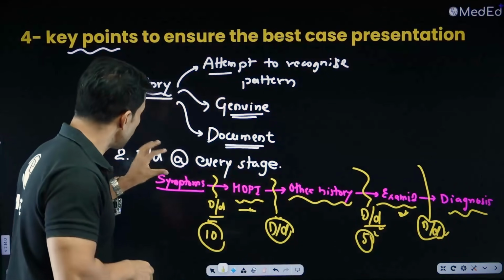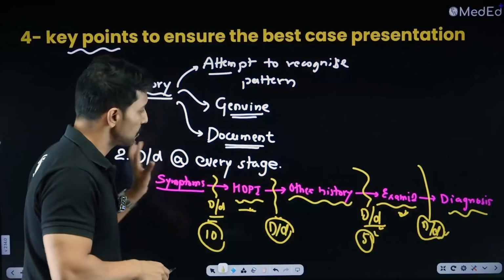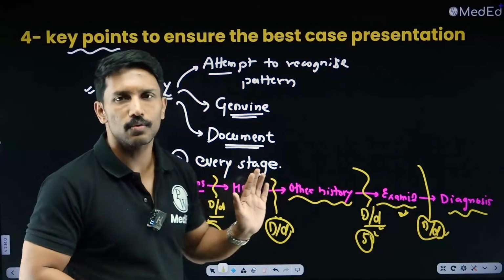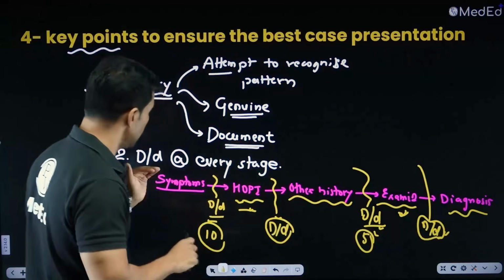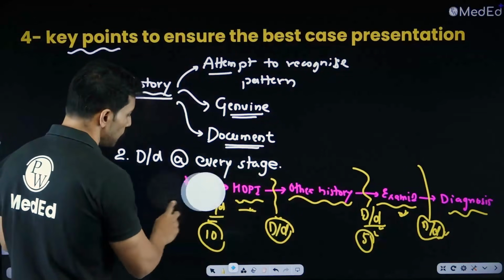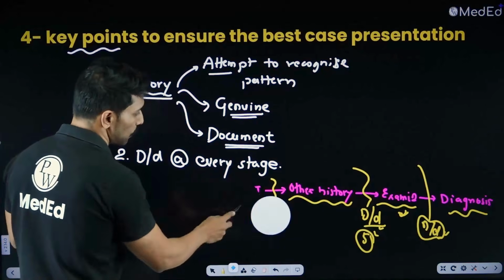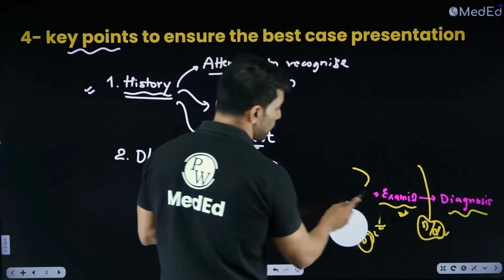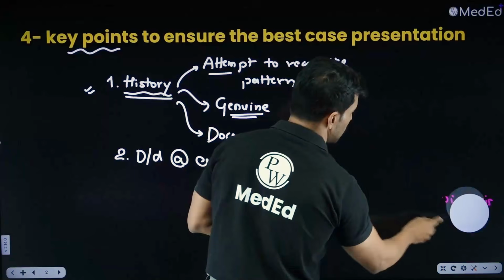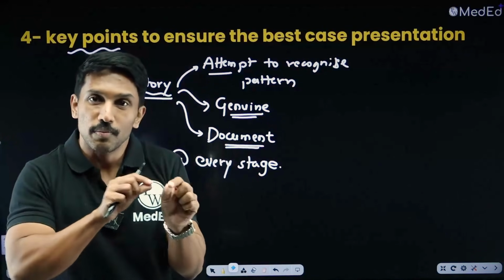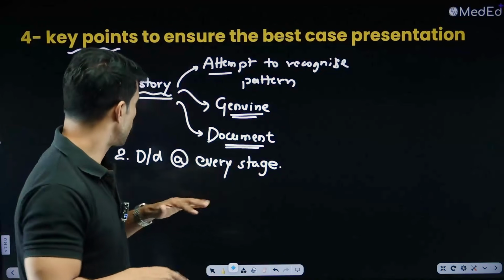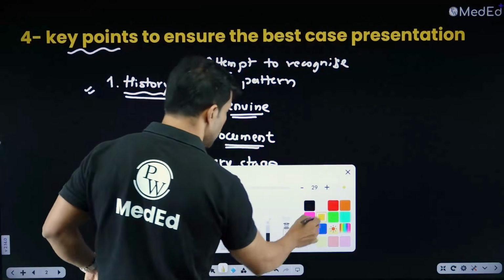So if I don't think of differential diagnosis at every stage, and I just randomly progress from symptom to diagnosis, it becomes a haphazard case, right? So keep it methodical. At every stage of your history taking to examination, think about differentials, and in the next stage, think about how you can differentiate between these differential diagnoses that you had in mind. Okay. Then the third one is